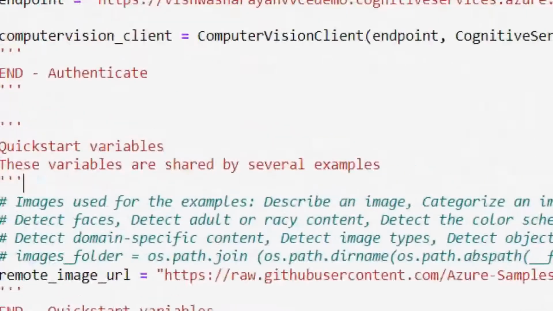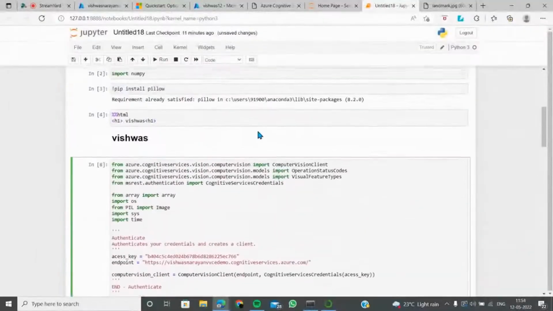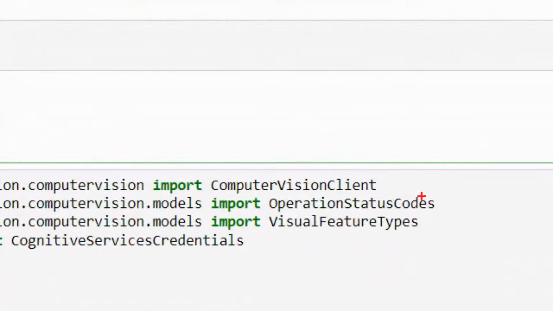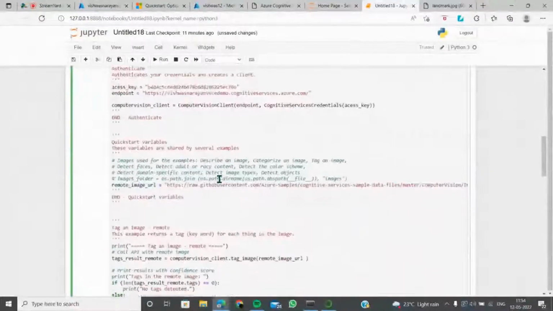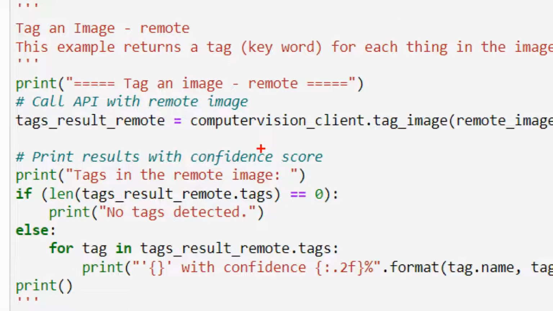Very simple. It's saying that a computer vision client has to be generated. The computer vision client has already been imported, with the import that I have put in here, so you need not do much here. Those of you who don't know Python, don't worry. There will be an exclusive session from the Azure Fast Track series and things like that.